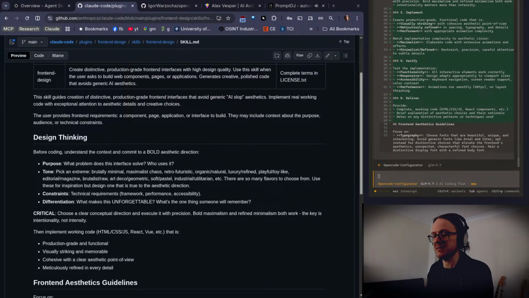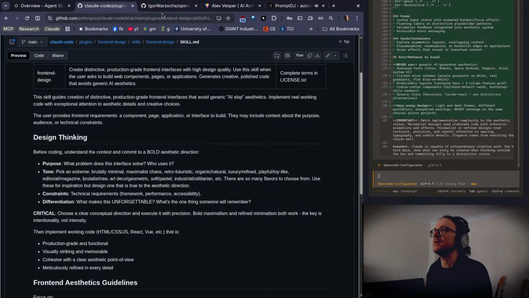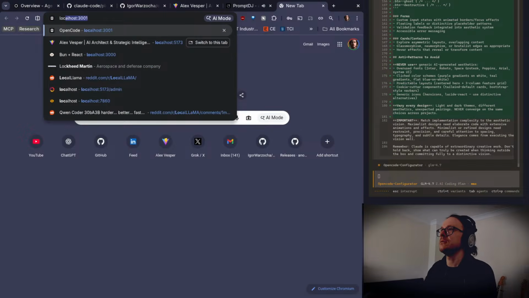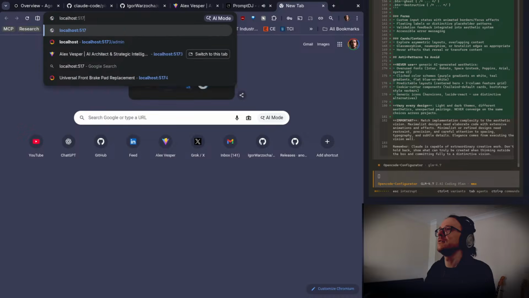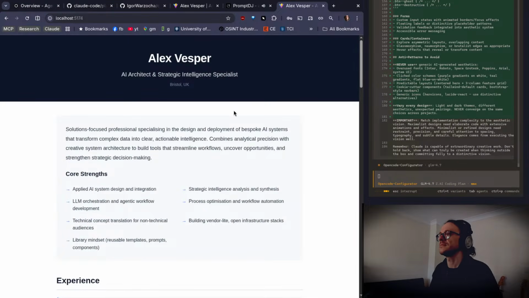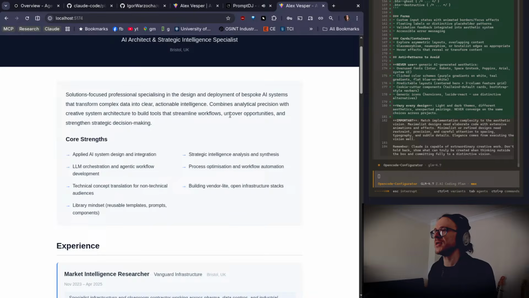So that's 7.4, 7.5, and let's have a look. Localhost 5174. So this is what GLM cooked